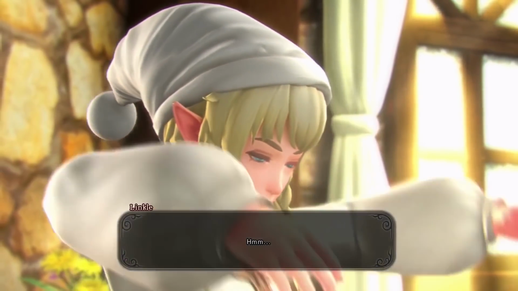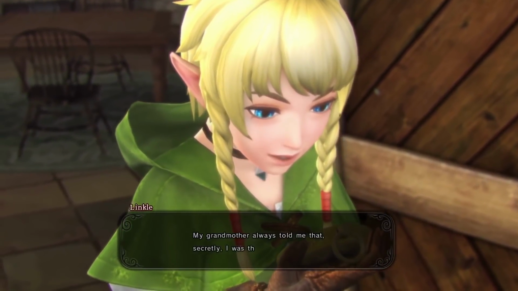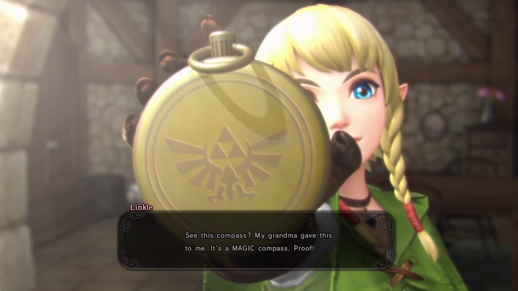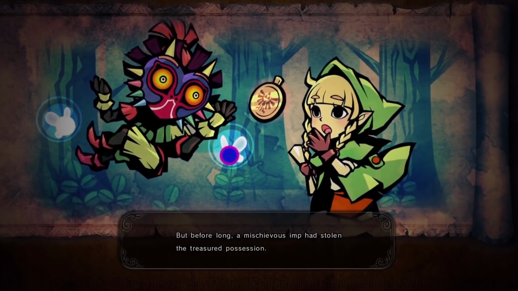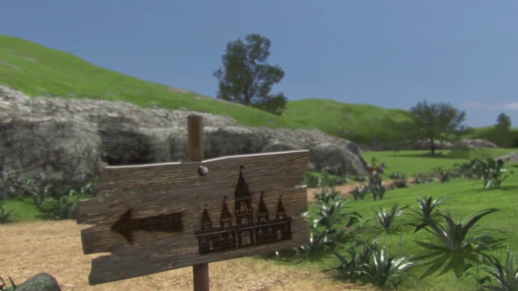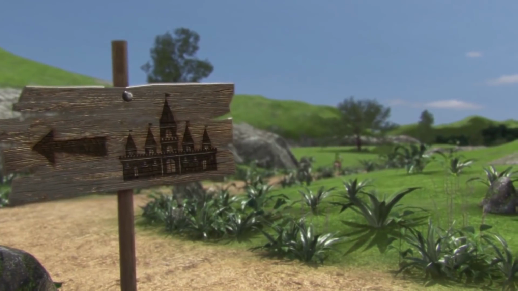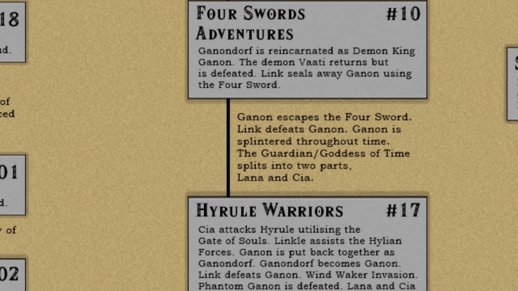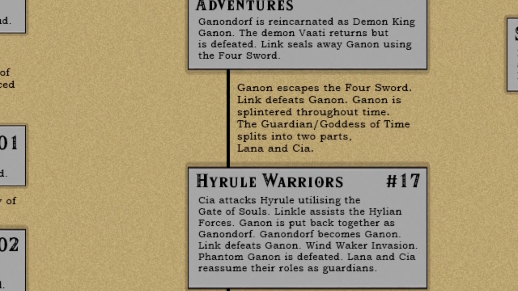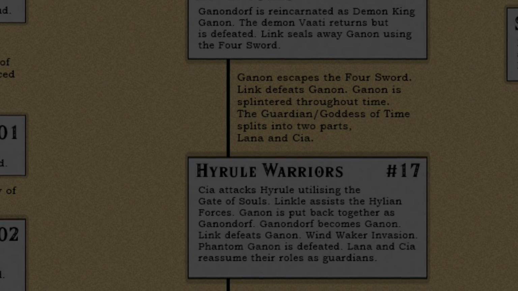Wait, I'm missing something. I forgot to mention Linkle. She's a lady Link that thinks she's the reincarnated hero because of the compass she has that's been passed down to her from her grandma. She gets into some conflict with Skull Kid, and clearly, she's not the hero because she always ends up going the wrong way. Some sort of divine intervention maybe? It's funny. But now, we have the events set before Hyrule Warriors, and we also have Hyrule Warriors and the game's events on the timeline. It's all coming together! It's time to converge the splits!